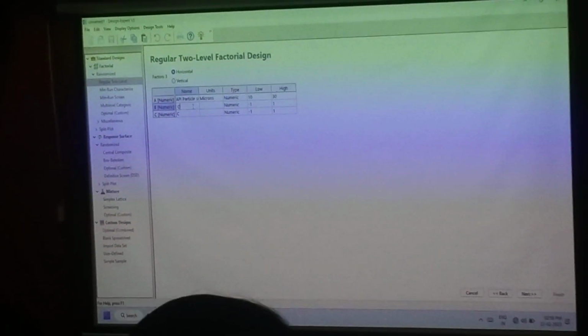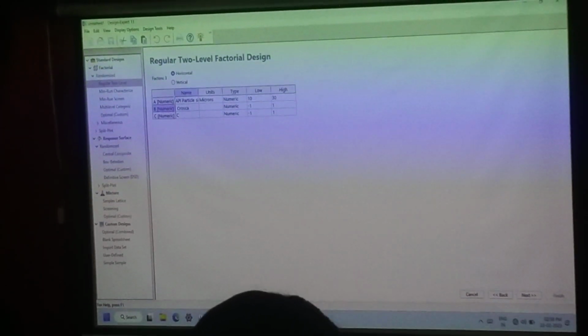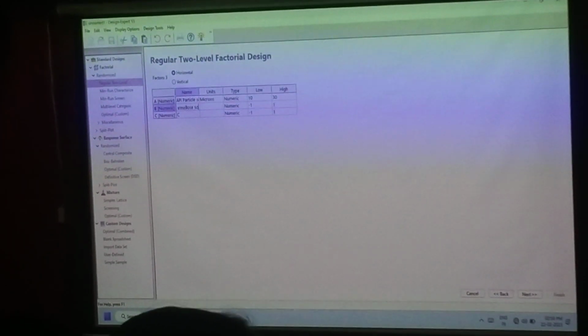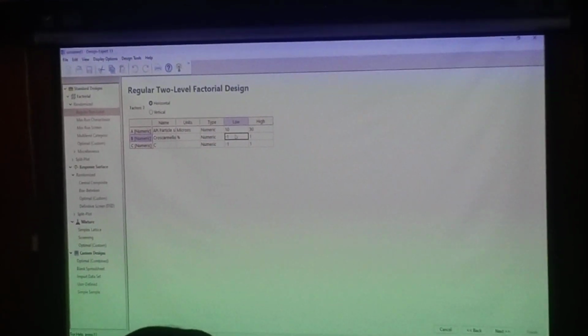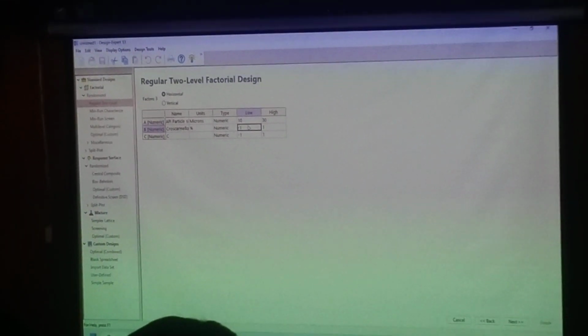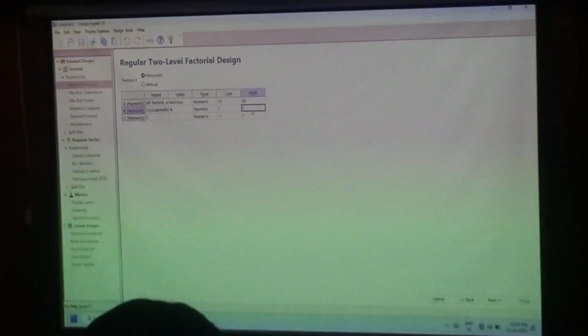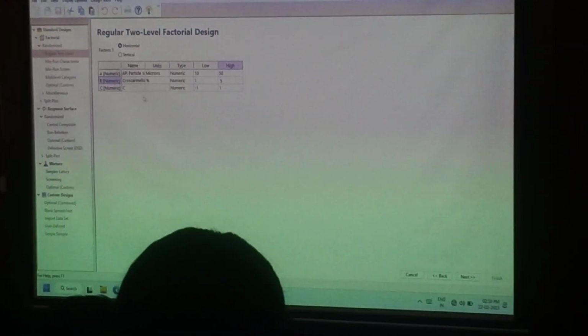Unit micron. No need to talk, I am only telling you. Microns, right? So you just have to follow me. Microns of 1 to 5%. 1 is low, high is 5, and finally